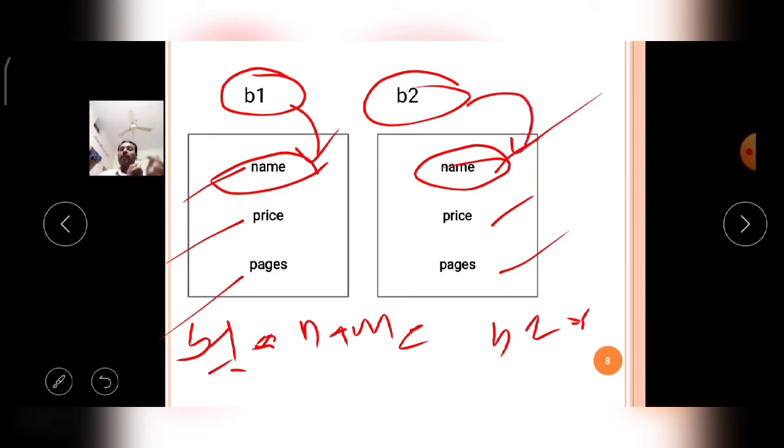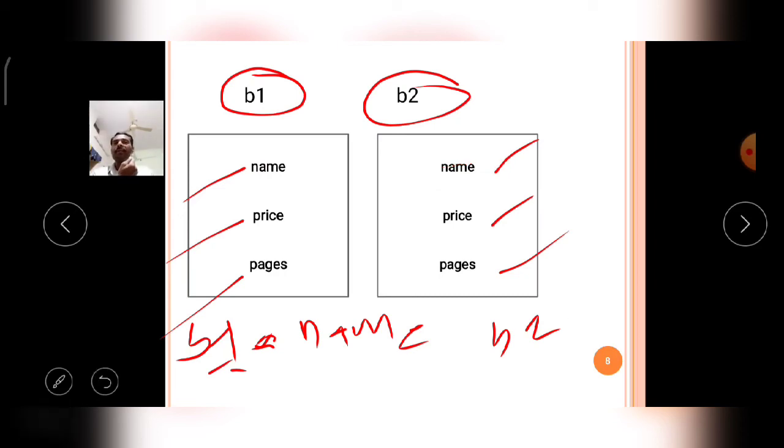Why? Because the name variable is stored internally in the B1 variable, and in this one the name variable is stored internally in the B2 variable. That's why, with the help of the dot operator, you can access these variables like this: B1 dot name, B1 dot price, B1 dot pages.